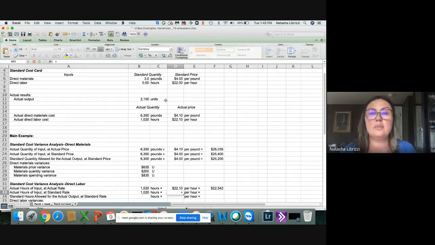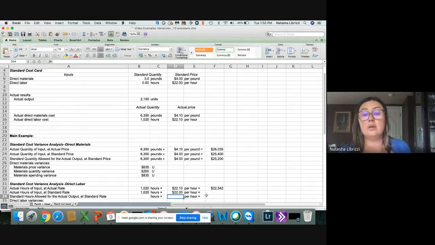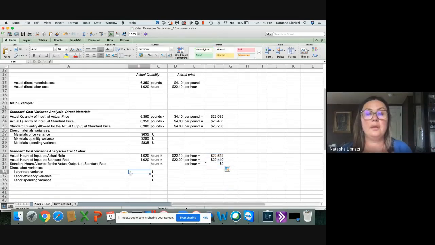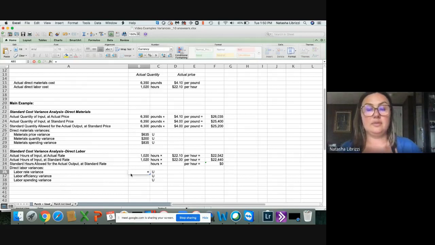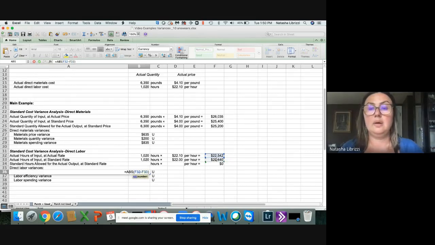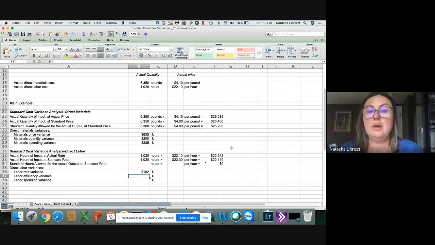And we need to look at a standard rate. We should have really paid only $22, a 10 cents difference, but it could be more. We have to be doing a job. We did not come up with standards, we're just calculating. So right here, we can calculate labor rate variance, and it is unfavorable because we paid 10 cents more, and this minus this would be